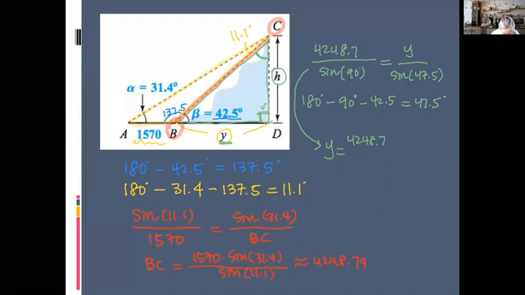Sorry. 49 times sine value of 47.5 all over sine value of 90. But as you already noticed, sine value of 90 is 1. You remember that on the unit circle, sine value of pi over 2 was 1, right? So then it's just simply give you approximation with 31, 32,